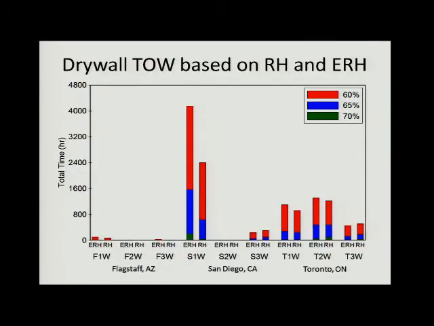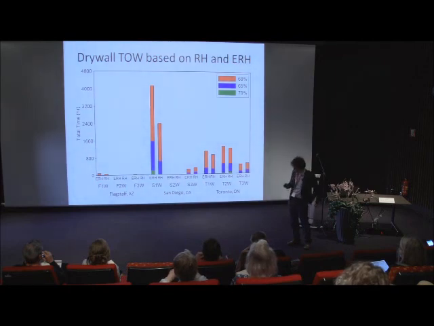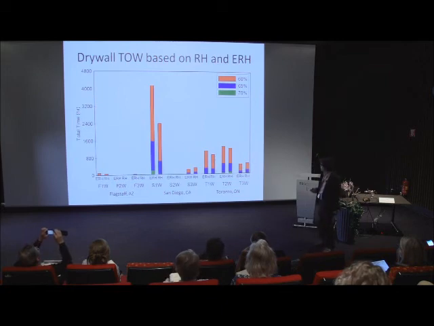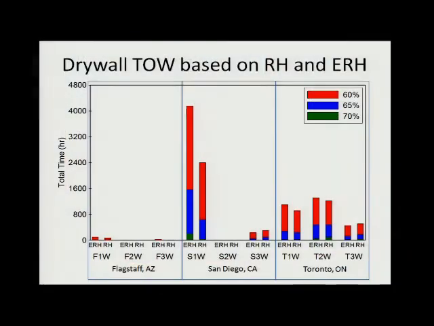So going a little bit further here, this is some data that we have, about a year of data in 9 offices in Flagstaff, Arizona, San Diego, California, and Toronto. And what I did here is I calculated a time of wetness, so the amount of time that a parameter exceeds a threshold, for both equilibrium relative humidity, which is the bar on the left, and relative humidity, which is the bar on the right. To be efficient with time here, there are 4 points I want to make about this data. The first point is the cities are very different from each other in bulk.